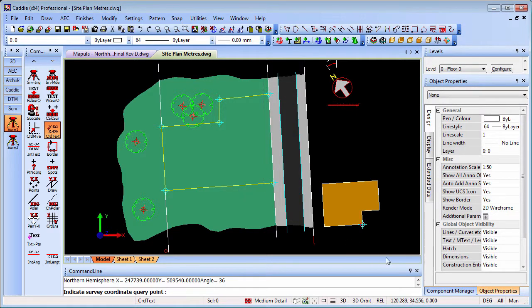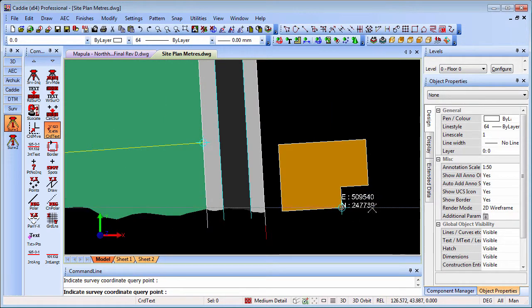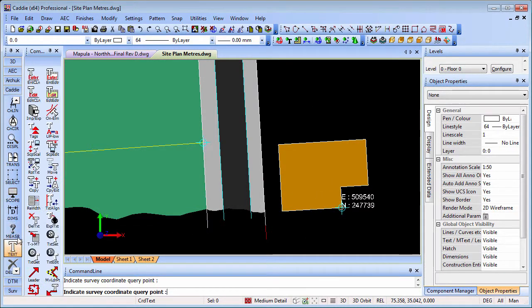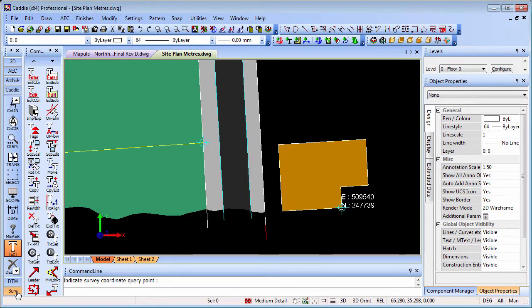So OK that, and if I just zoom in and there, and we're entering the eastings and northings on our drawing. The parameters here incidentally are taken from the text sizing, so if we come down to our text menu and we have our text set, so these are the heights that we're actually using here. So back in our survey app,